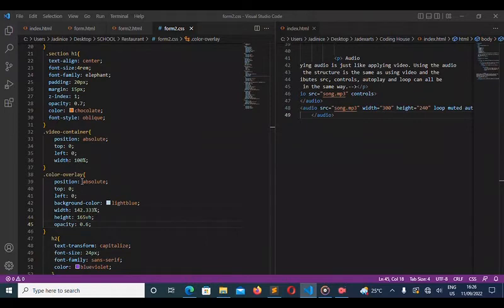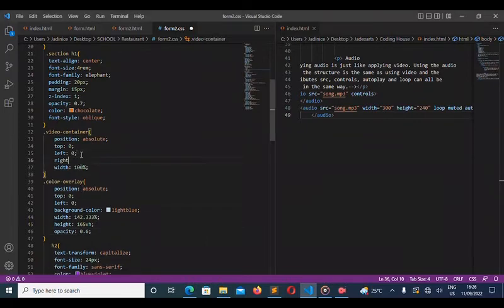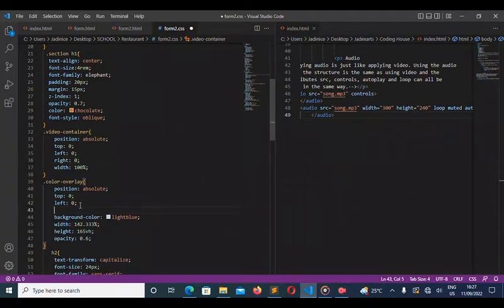Let's see, just test it out. 0, and here, let me check. Okay, 0, then save.